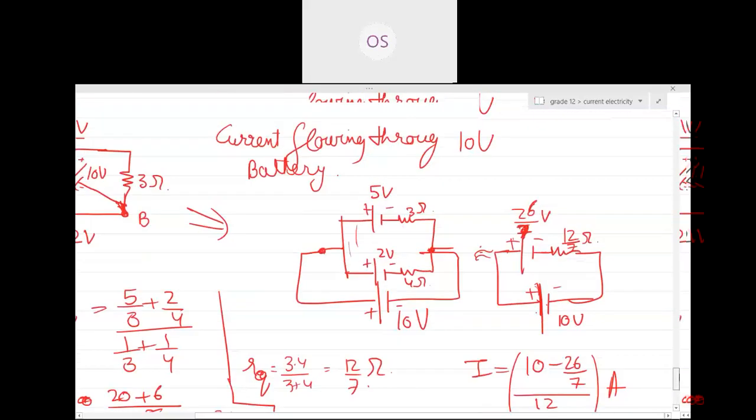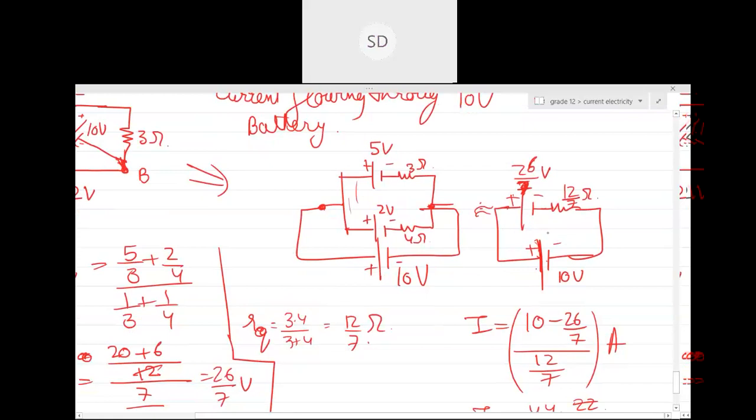If you still have a problem, you can use Kirchhoff to find out the current. If your KVL is strong, use KVL. But please remember, I refrain from using KVL. Personal experience, because there are lots of equations and I'm very bad at solving equations. I take time, and I like things being quick. Answer should come fast. Anyways, is this clear, guys?